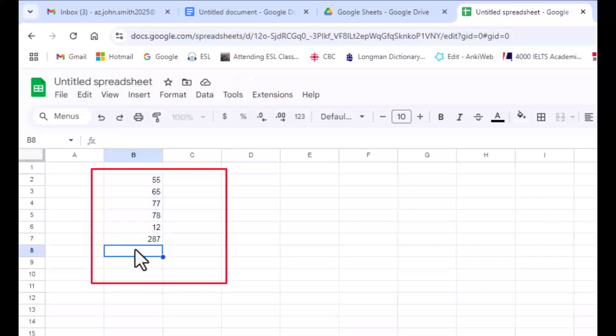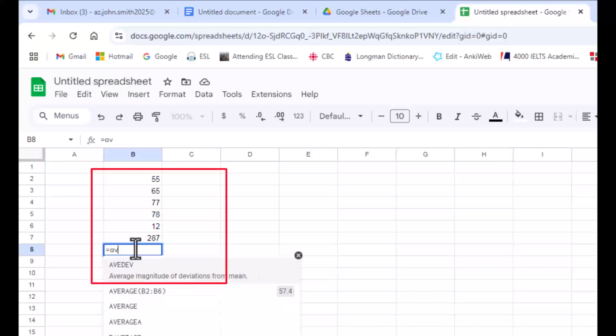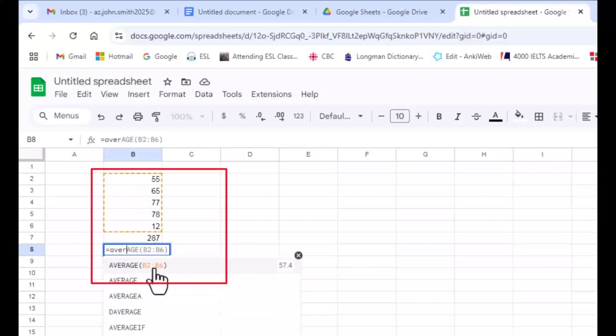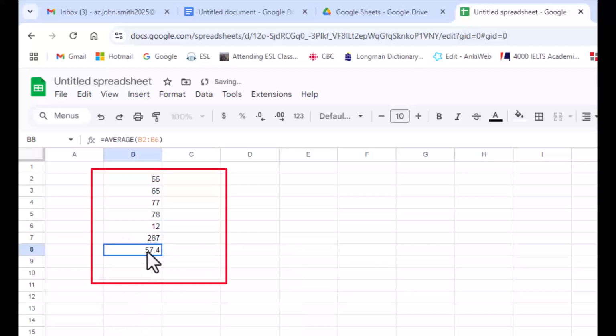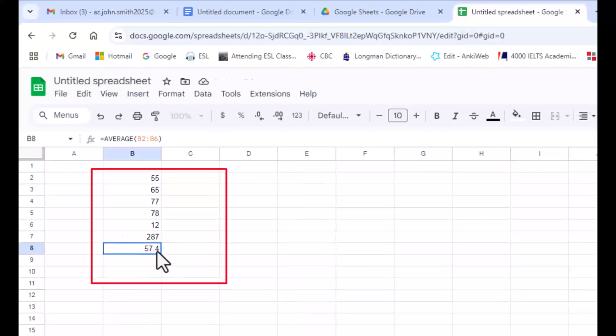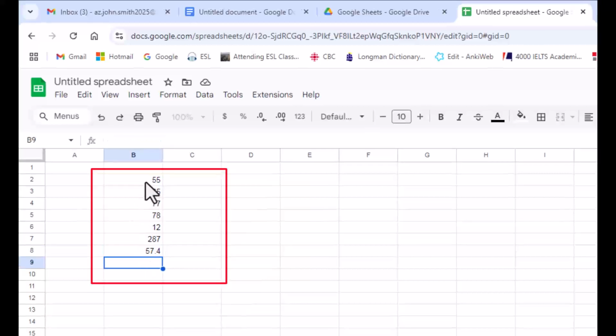For example, here, if I write equal, for example, average, it means that I want the average of these numbers. Average, if I write, as you see, average. And it quickly understands that I want the average of these numbers, not the total. So if I accept it, it will give the average, 57.5. So it very quickly helps me to do accounting of some information that I need, or even writing data.